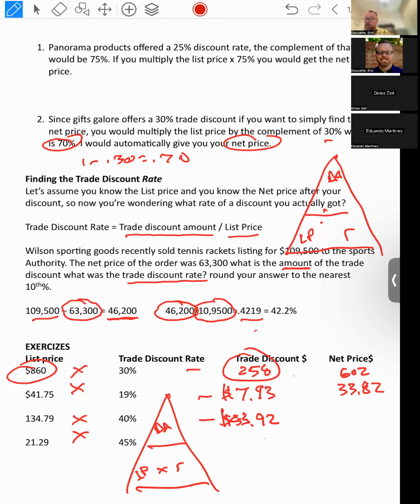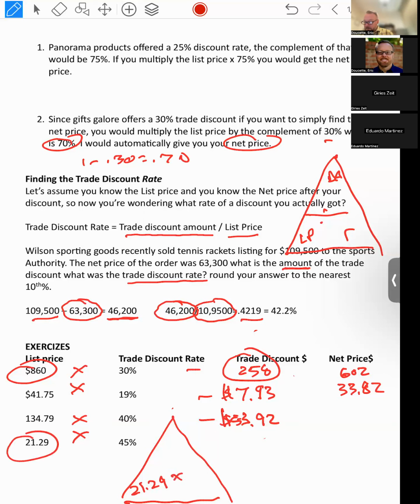Again, I could solve and not have to do the math on these. If I just want to find list price, I'll do it on the next one. So the last one, let's just do the list price in the last one. So if I want to do the list price, I could use the list price formula, which I'll show you later. I could take my 21.29, this is the last problem here, and I multiply that by 1